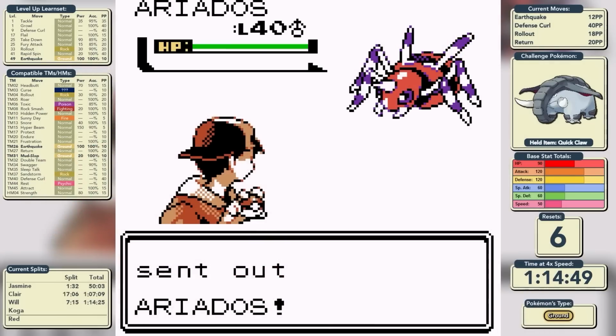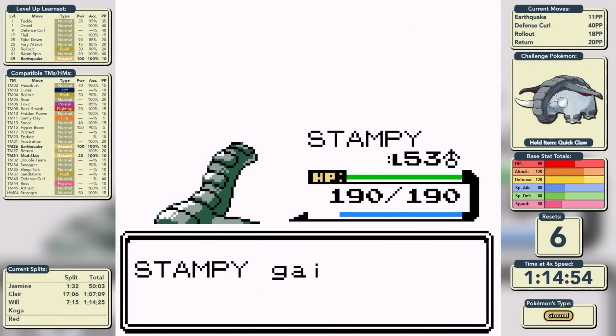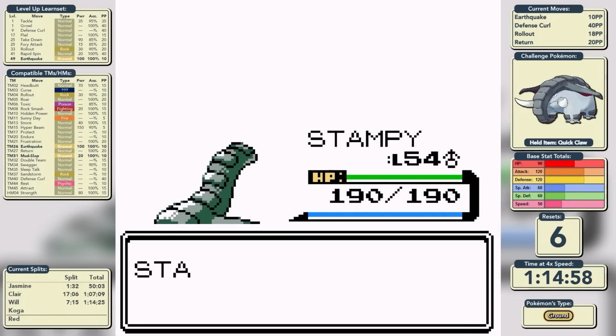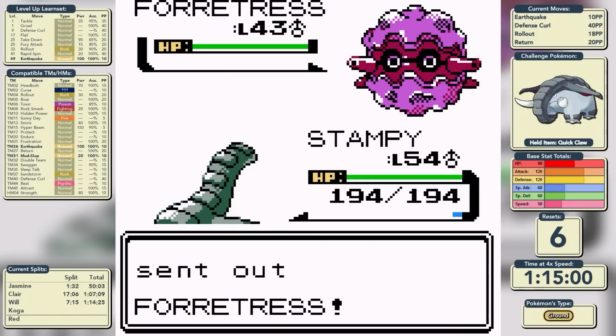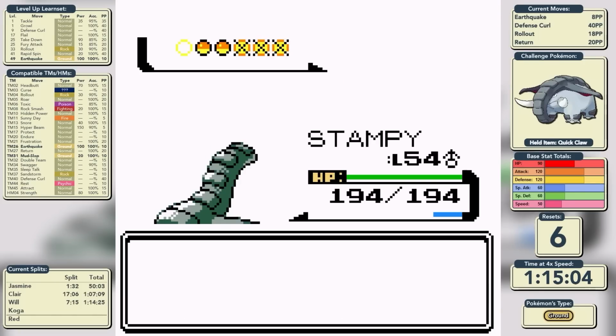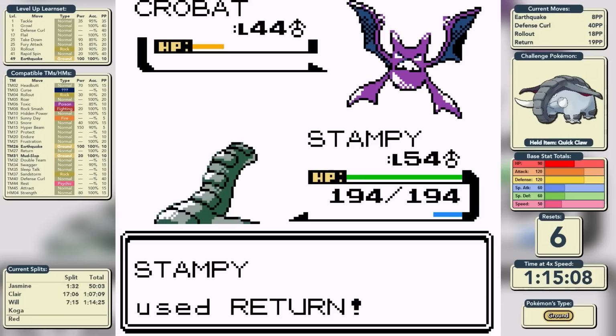Koga leads with Ariados, and of course Earthquake is going to be not very effective against Ariados because Bug resists ground type moves, but we still knock it out in one shot. We do exactly the same against the Venomoth and grow up to level 54. Here comes the Forretress. Forretress uses Spikes, which is useless against us as we knock it out, and the next Pokemon is Crobat. I was considering using Rollout, but then I remembered it'd probably Double Team, so Return would be